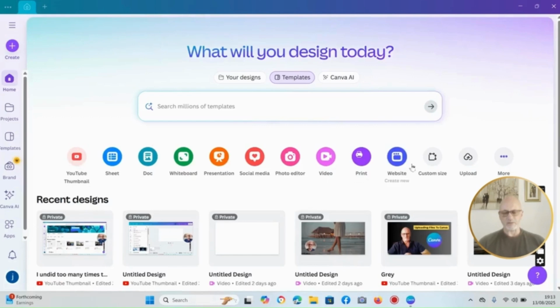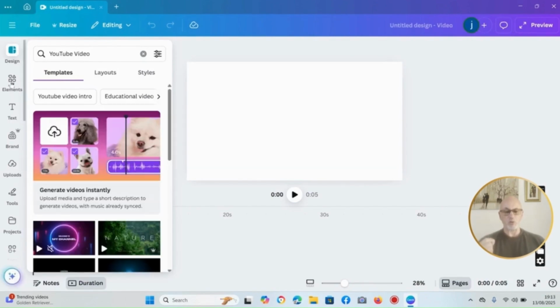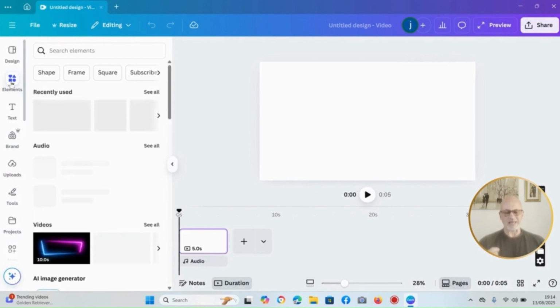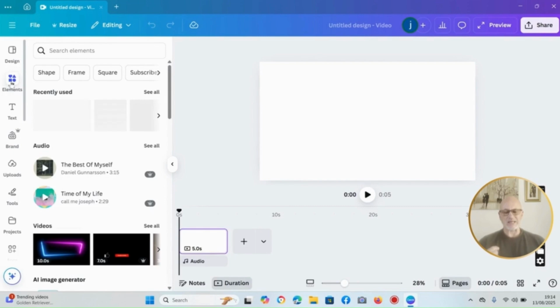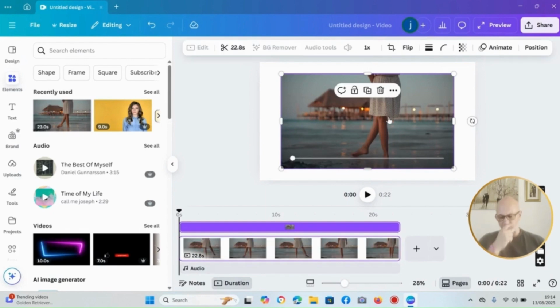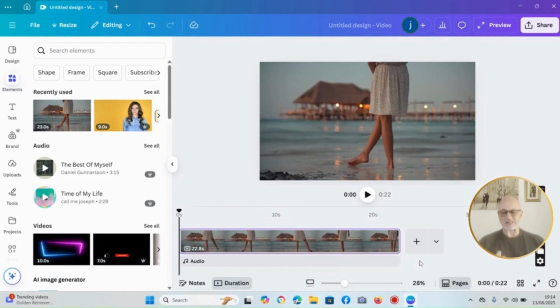Go into Canva, then select video. I've gone into YouTube landscape. Then you can either go up to uploads or elements. Here I'm going to go into elements and select my video from there. You can type in the search elements to find exactly what you're looking for. Once you've selected your video, if you select set as background,